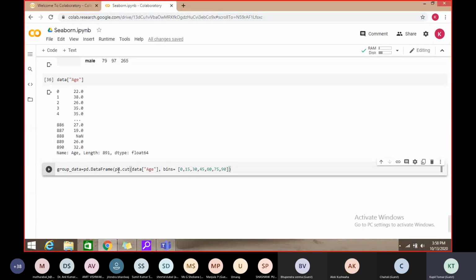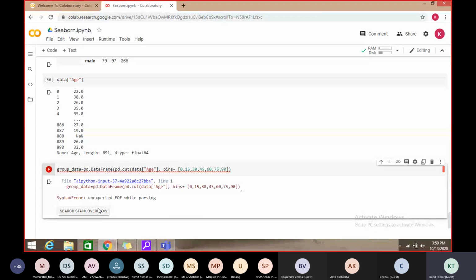We call the pd.cut method, which will cut that data and group that data with respect to these bins, right? Then we will execute it. Let's see what will be the output.